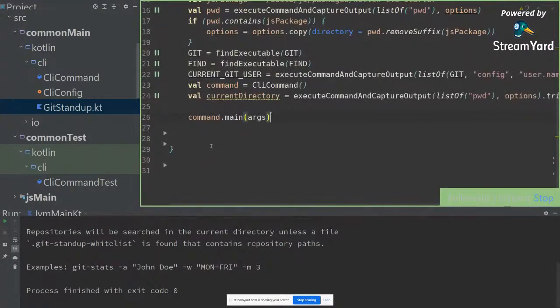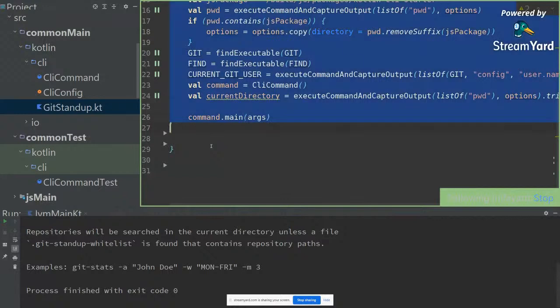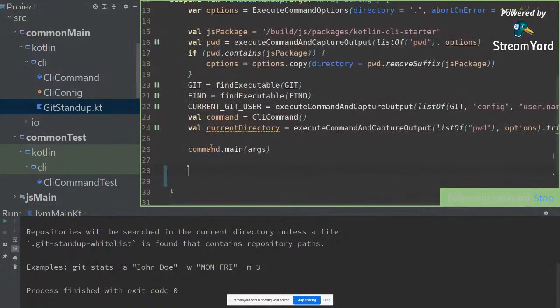So now we can start adding code. I remove this because we don't need it. And so what we want to do is to execute a git log command. Have you looked at what exactly the git log command will be? Yeah, I thought we will do the following. First of all, we want to get the list of all commits in this specific repository, right? So that will be basically, let me just Google it,